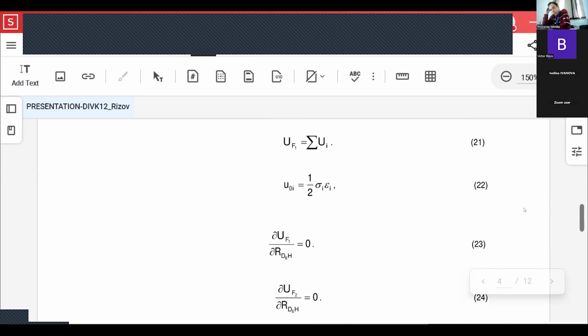Here, sigma I and epsilon I are defined by equations number 4 and 5. The strain energy due to force F2 is obtained by replacing F1 with F2 in equation 22, and then analogical replacement is done also in equations number 1, 2, and 3. The strain energy release rate determined by equations number 18 and 19 confirm the strain energy release rate derived by